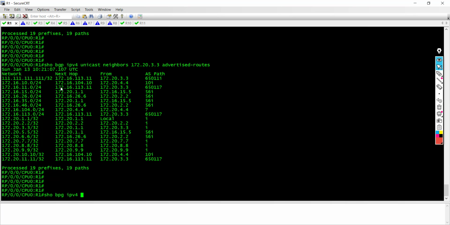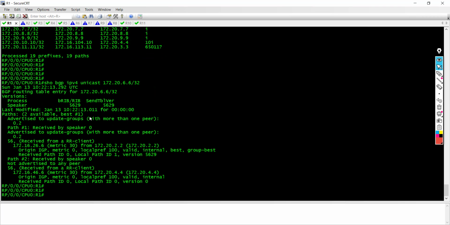Show BGP IPv4 unicast for 172.20.6.6/32. So yes, it has a valid path, but router 1 is saying that its own best path is router 2. So my next hop is router 2, and I'm learning it from router 2. It's also learning it from router 4, and my best path is router 4. So if we try to dig deeper on why it is preferring router 2 as a better path than router 4,